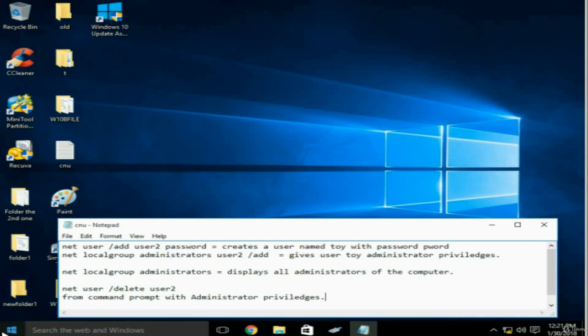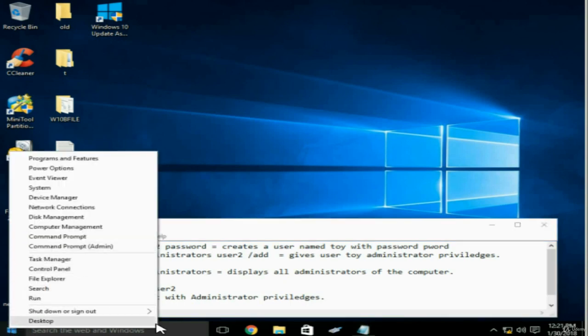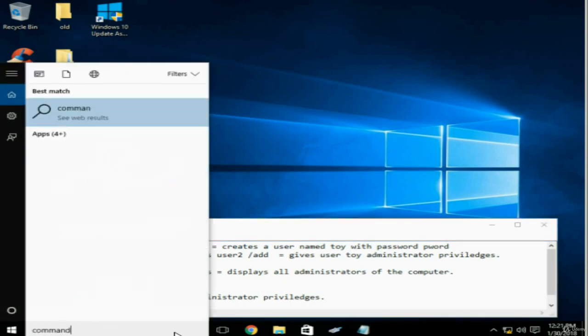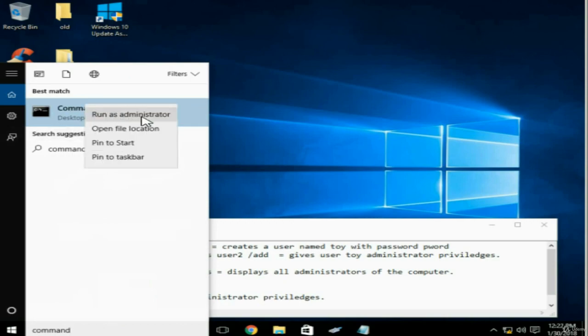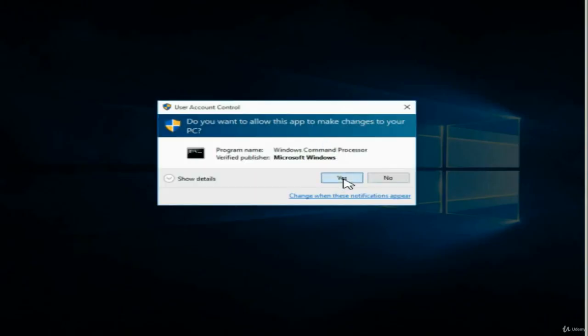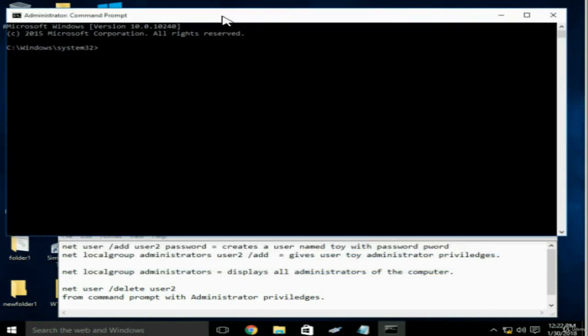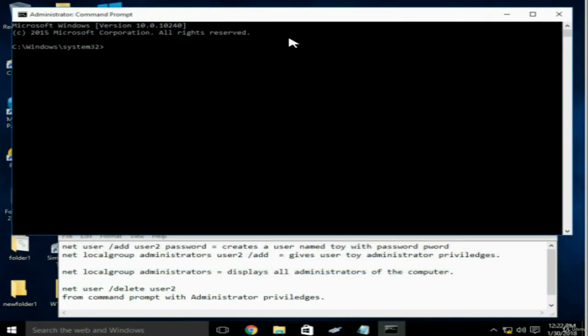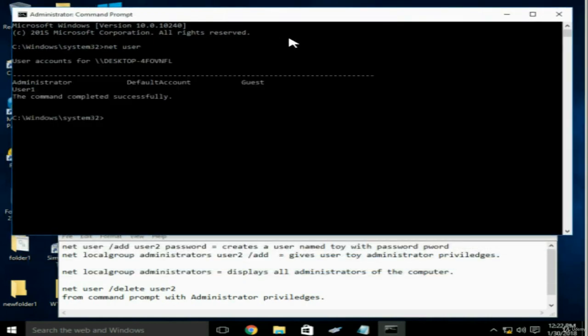You will need a command prompt running as administrator. You can right click on the start menu and left click Command Prompt (Admin), or you can left click search the web in Windows and type cmd, then right click on the command prompt and left click run as administrator. Once you've opened a command prompt as the administrator, we can type net user